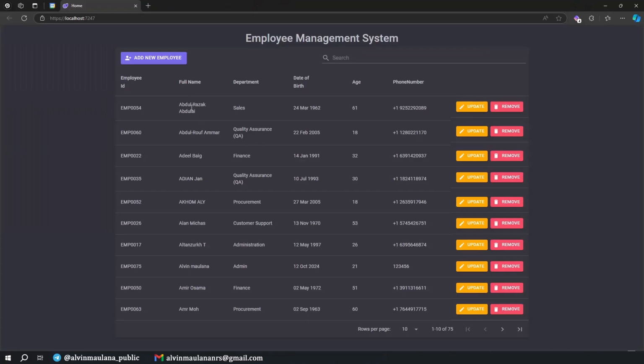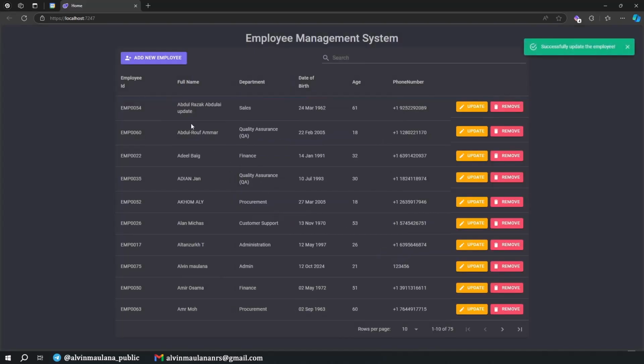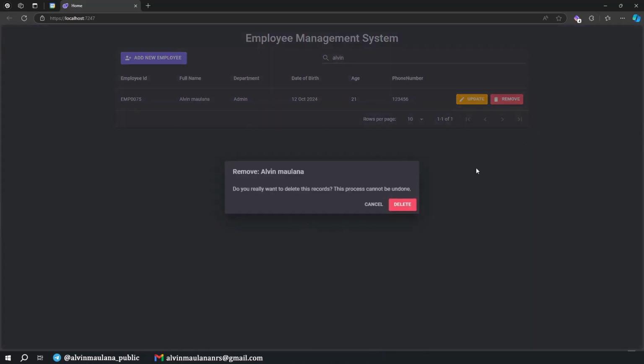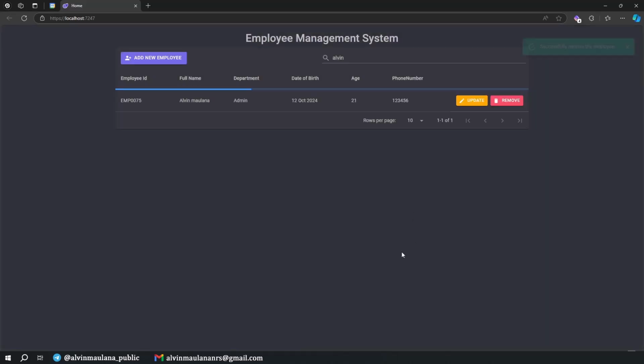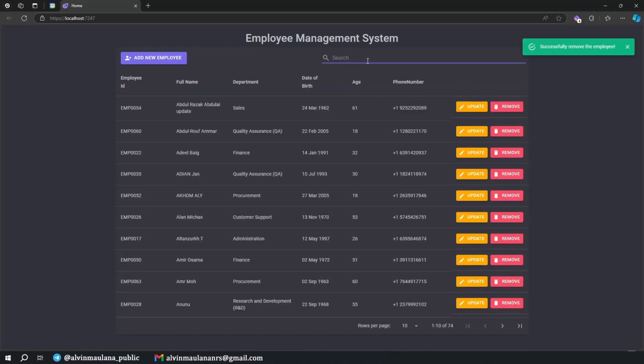And let's see when we start it. Okay, let's update the first value in here. Update. We're able to see the value, the name, department, all the values, and I try to update and save it. Nice. And if we try to delete, maybe I search Alvin and I want to delete it. Okay, we can see the dialog. I delete it. Nice. We're not able to see it again. And gone. Okay, so now this part is complete.